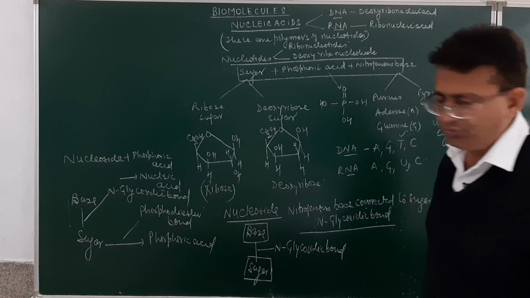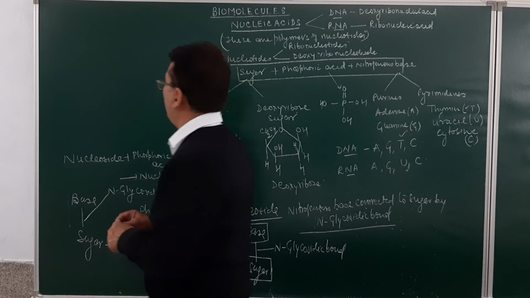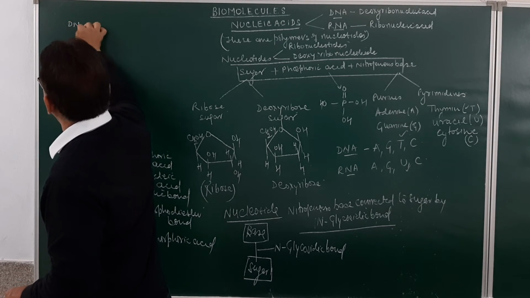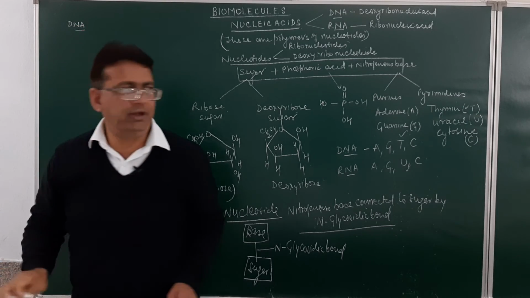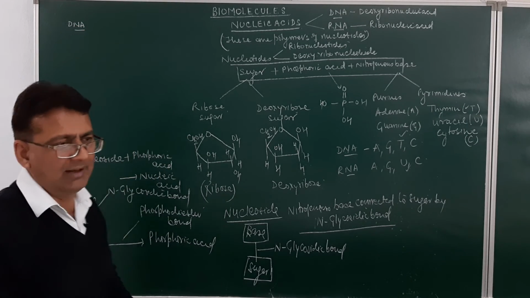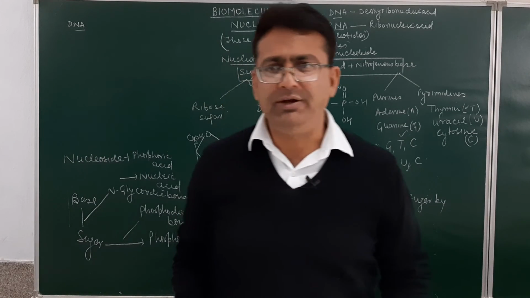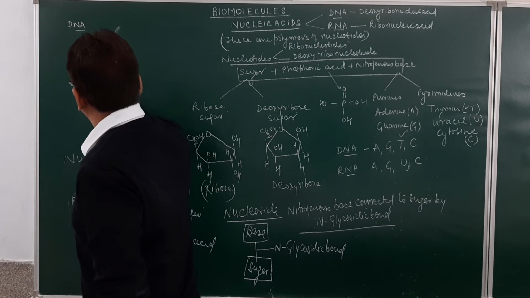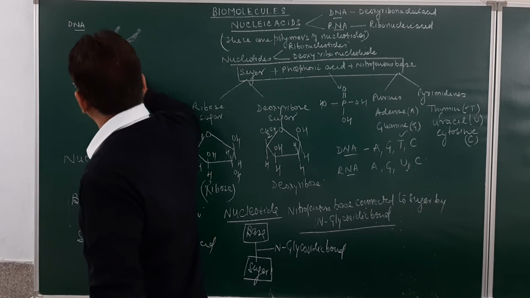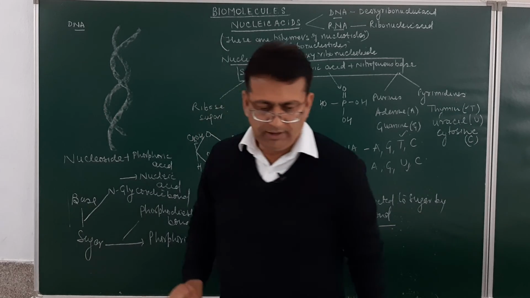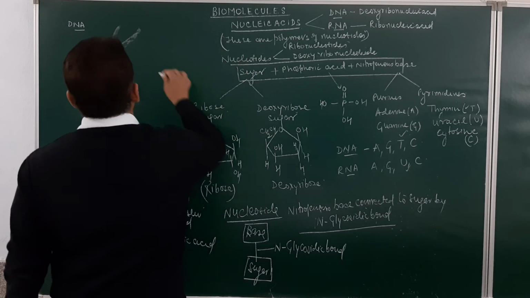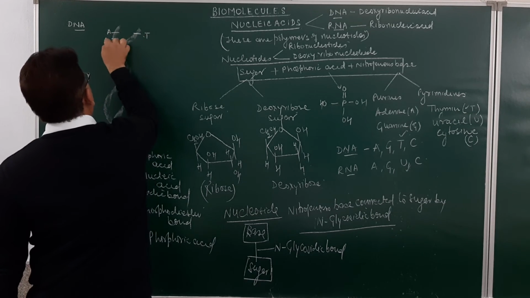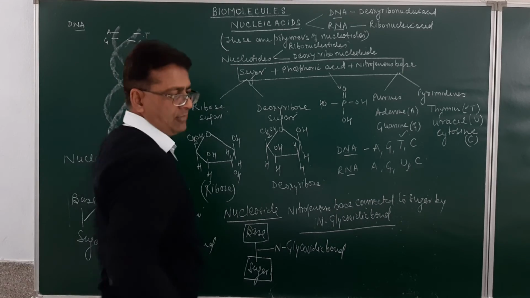Now, you must remember, student, if you find out the structure of DNA and RNA, a DNA is a deoxyribonucleic acid. In DNA molecule, there will be a linkage between the two ends over here. This is a DNA molecule. In DNA, what do we have? This is adenine and this will be thymine. This is guanine and this will be cytosine.